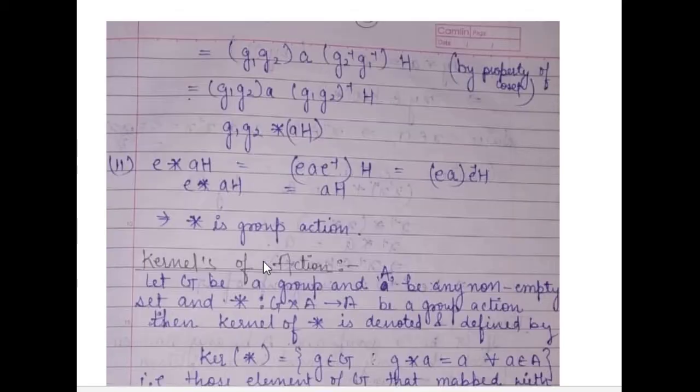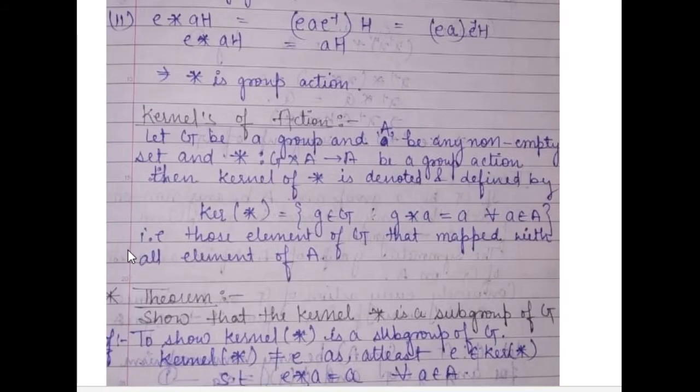So now we are moving on and we will define what we mean by kernel of action. Since this is a mapping, I have also defined one more definition where we take A as the symmetric group of permutations, and in that the mapping star can be taken as a homomorphism, and we have already defined the kernel of a homomorphism. Now we have to define the kernel of action.